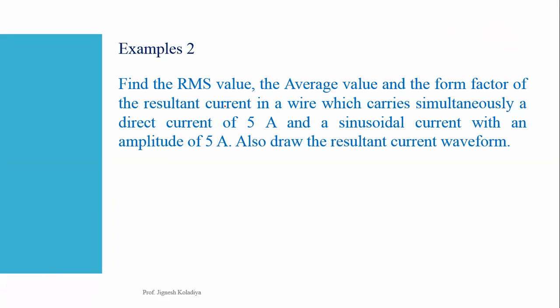Yes, so one wire is there which is carrying simultaneously a direct current of 5 ampere and a sinusoidal current with an amplitude of 5 ampere. So we have to find the RMS value in this case, the average value, as well as the form factor. So I think we can do the average value at least. So first of all, can anyone give me the value of the resultant current,